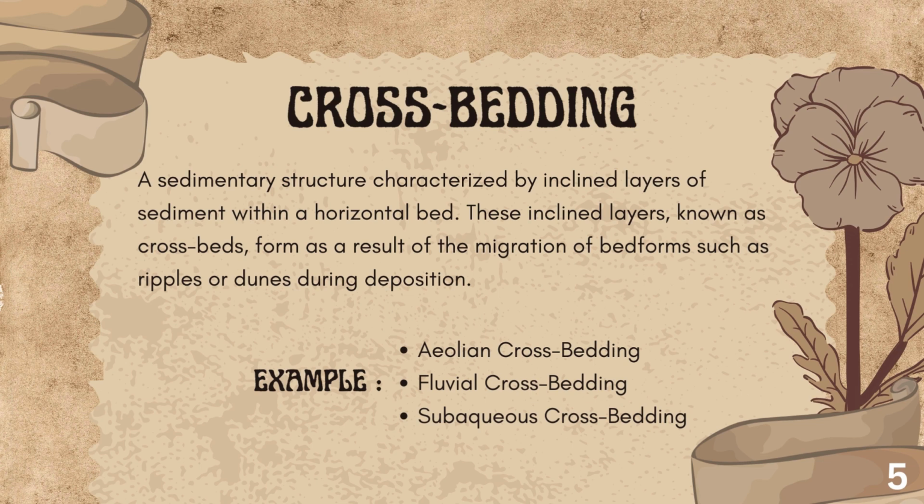Next is the flow dynamics. As I mentioned earlier, the geometry and orientation of cross bedding help to understand the dynamics of transmission of the medium by water or wind. Next is environmental interpretation. Cross bedding is indicative of a specific depositional environment. For example, alluvial cross bedding suggests a desert or arid environment, while fluvial cross bedding indicates a river or stream environment. The impact on reservoir quality is such as